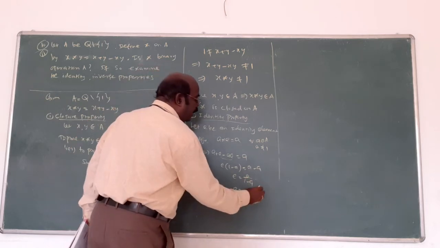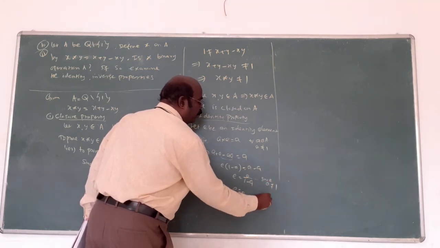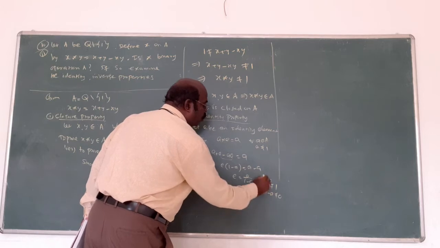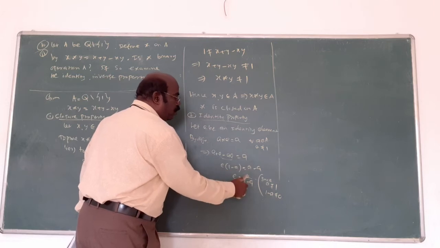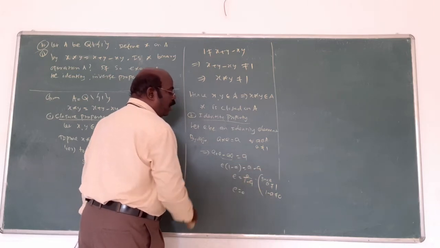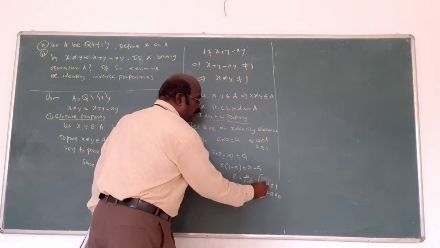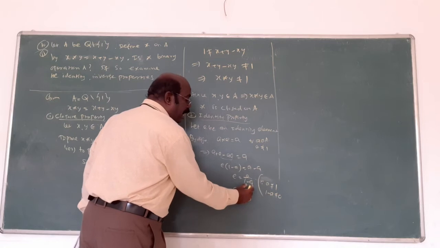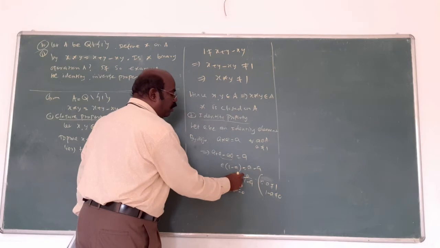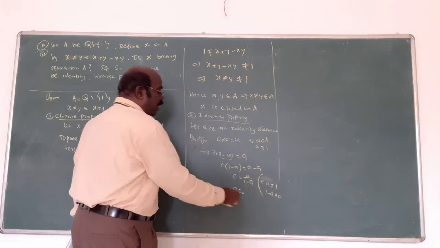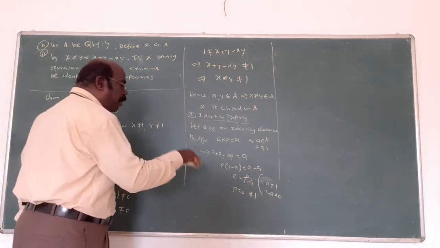This is true. What is the reason? Since A not equal to 1, that means 1 minus A not equal to 0. Then only true. Suppose 1 minus A is 0, it means 0 by 0. That's why A not equal to 1. That's very important. Since A not equal to 1, 1 minus A not equal to 0. 0 by A number is 0. 0 also not equal to 1. That's important. You will find the element, that number also not equal to 1.